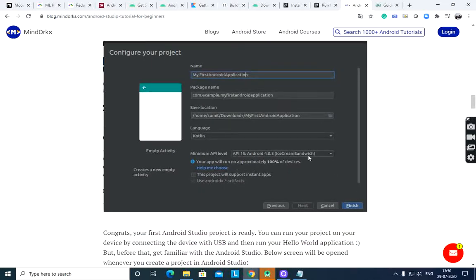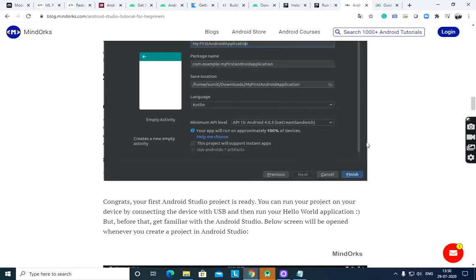And minimum API level. In the previous lecture we already saw how many API levels and Android versions are there. You have to select the API level on which your app will run on approximately all the devices. Check that percentage using different APIs.